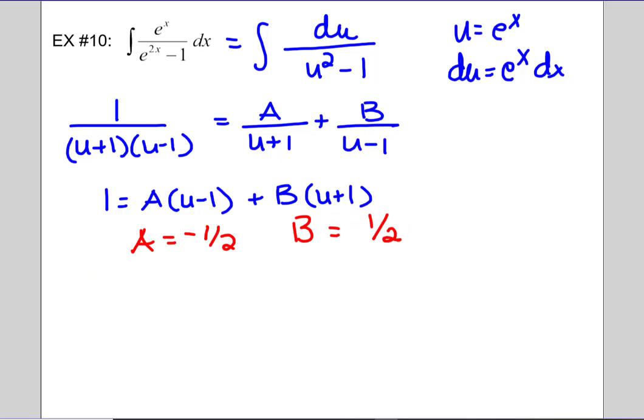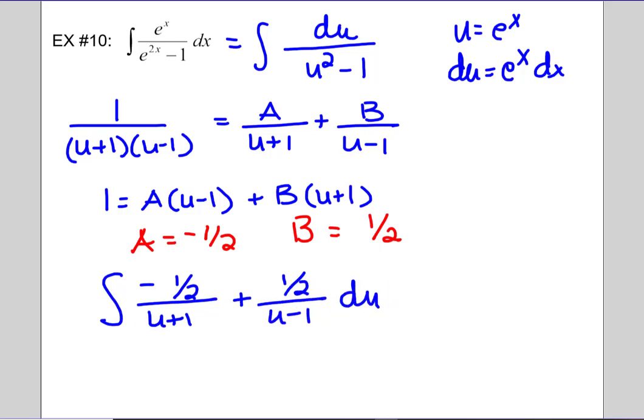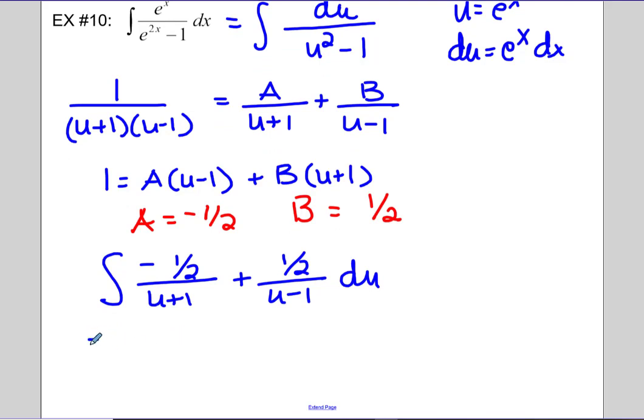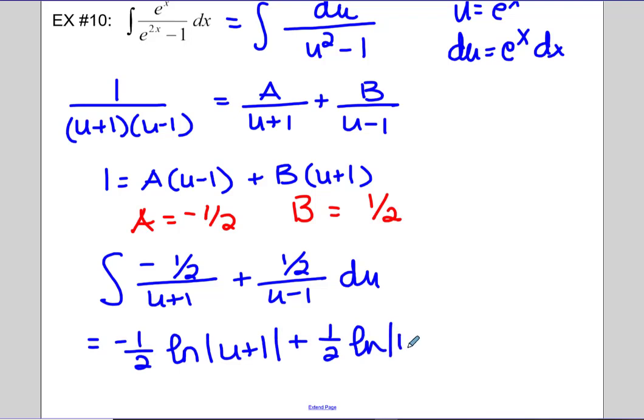So our integral will be -1/2 over u plus 1 and +1/2 over u minus 1 with respect to u. So we have -1/2 natural log of u plus 1 and +1/2 natural log of u minus 1